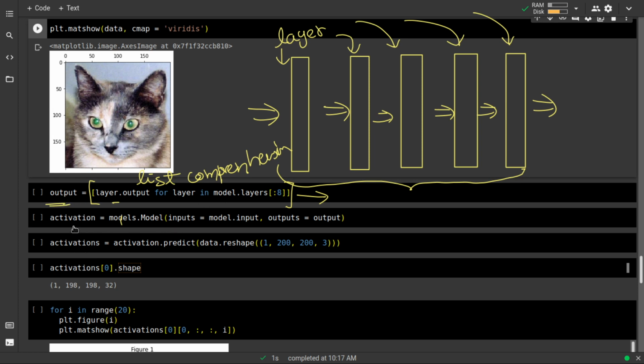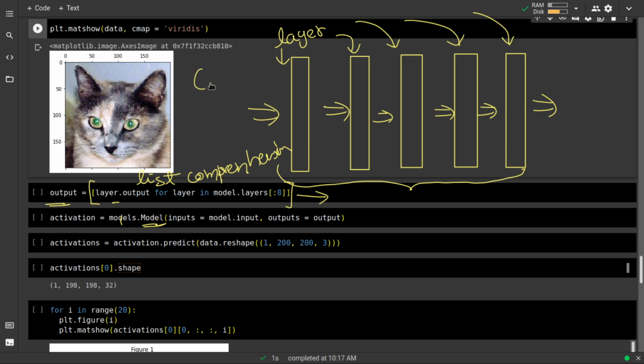Okay, and then let's come over here. So what this is doing is we are using the module that we imported from Keras, and then we are doing models.model. So model is another class, and it has some parameters that we are filling over here. So inputs equals model.input, so the model's input that we actually have over here.